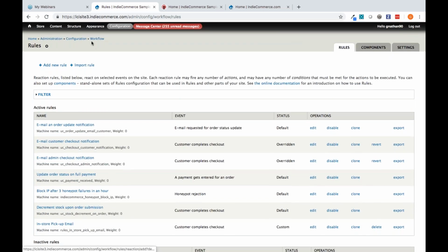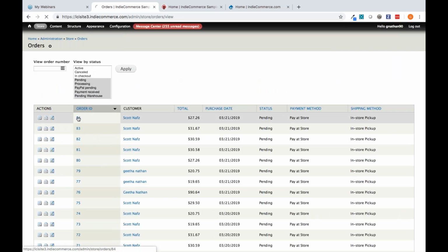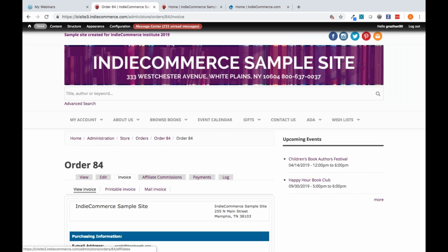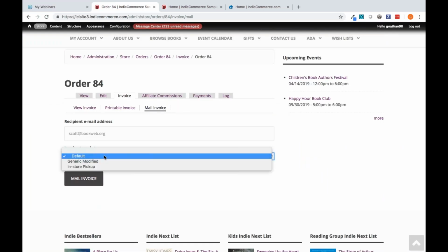So the other place where you can check the templates is if you go to store orders and click on any order. Under invoice, mail invoice, here you can choose the template that you want, and then you hit mail invoice, then the